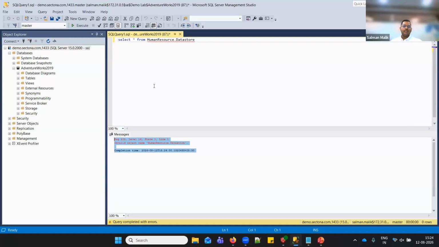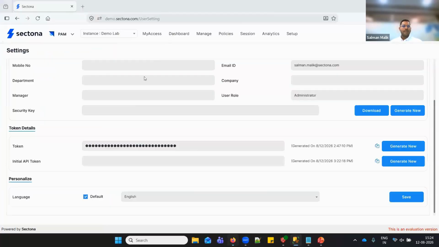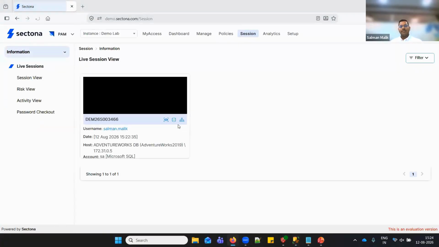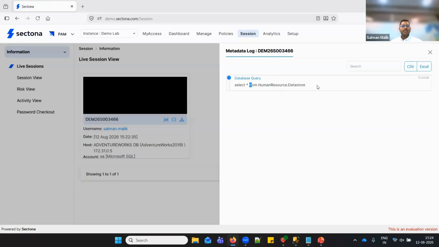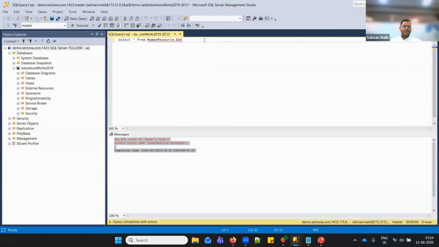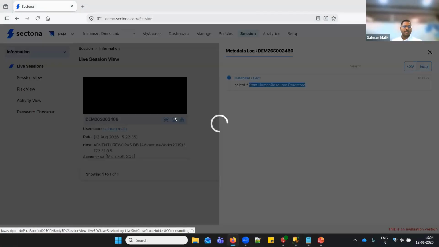While all this connection is still being routed via the PAM proxy, you still have the session integrity, session restriction, and session isolation available from here, and all these activities which the user is performing are also visible as a live view session. But in the live view session, we showcase the execution of the query being carried out by the end user. So here, let's say I would just type some random table names so that we can see the example of query execution metadata availability here.